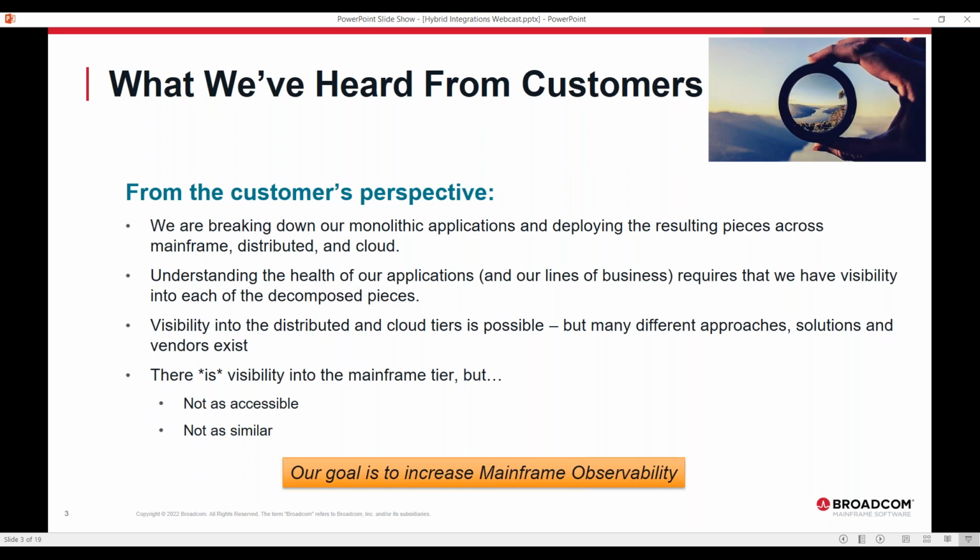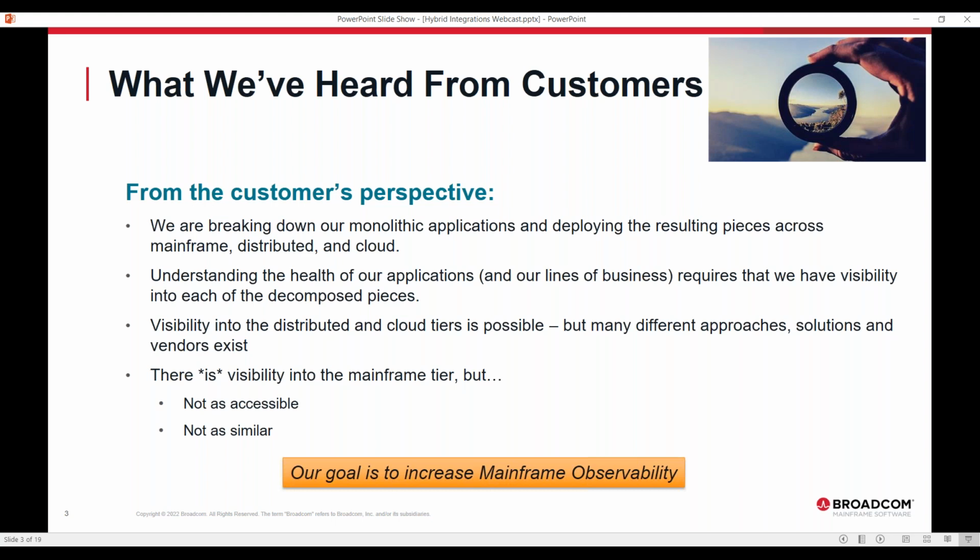I would argue that the mainframe, and I've been on this platform for 30 years, probably like many of you, and maybe I have a bigoted view, but I happen to believe that the mainframe is an extremely observable platform. There's data and telemetry for just about everything.